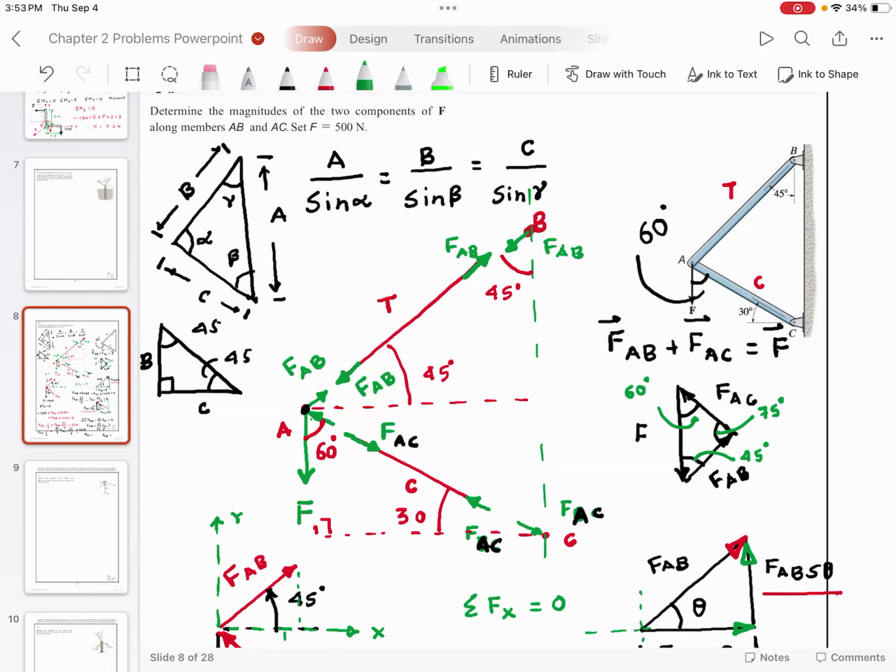Correct. At the end of the day, the equation should be satisfied. And now you can solve this problem in one line. Because remember, we know A divided by sine alpha, B divided by sine beta, and C divided by sine gamma. So can I write down something like this? Now I'm going to use here. I can write down FAB